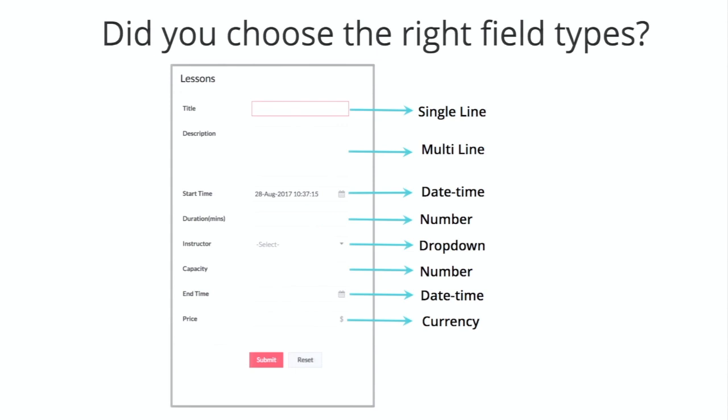And then we have instructor field. As I just mentioned, instructor field can be a drop-down field because we have multiple instructors teaching at Karen's. The last two fields: capacity, is the number of students who can attend the class, so it needs to be a number field. Last one, price field, that is the amount that the student needs to pay for Karen's classes. So Karen needs to assign price or fees for each lesson that she is offering. It can be a currency field. That is the lessons form.